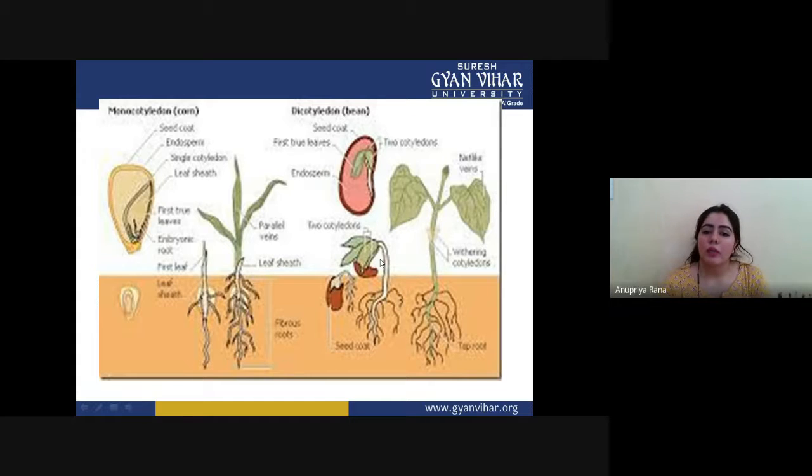This has to be remembered: the shoot never comes up first. Always the root comes first. Why does the root come first? Because gravity applies on the root. The root has to be present on the micropyle side, and on the micropyle side gravity applies more on the radicle portion in comparison to the shoot. So more gravity is applied on the radicle, that's why the root comes first and the shoot comes later.